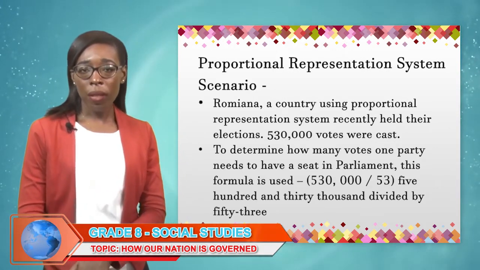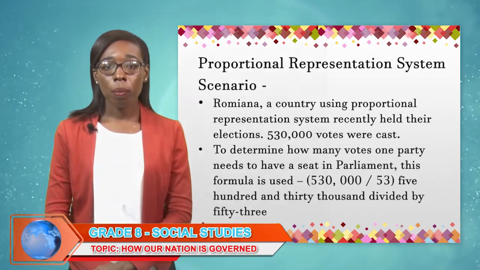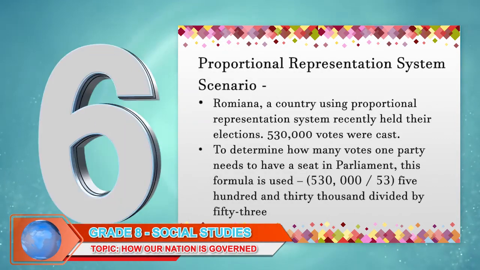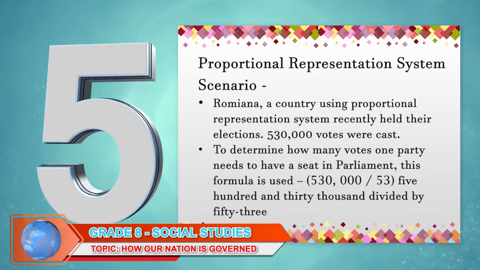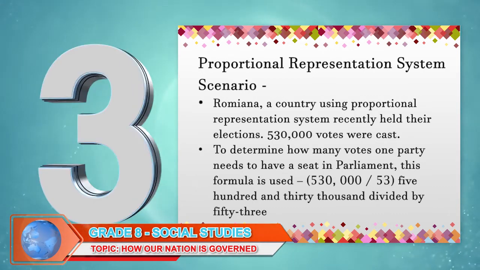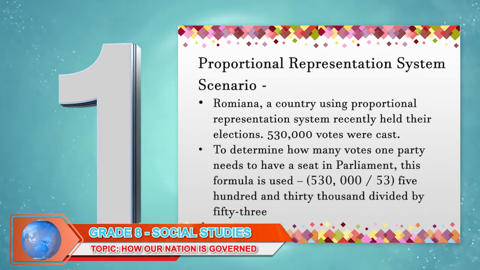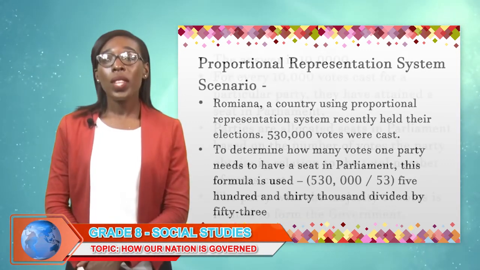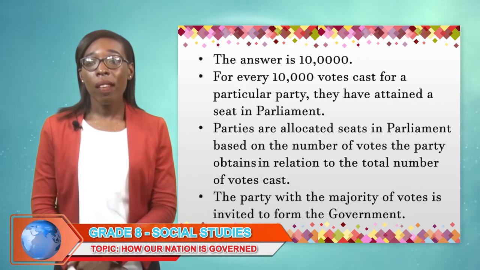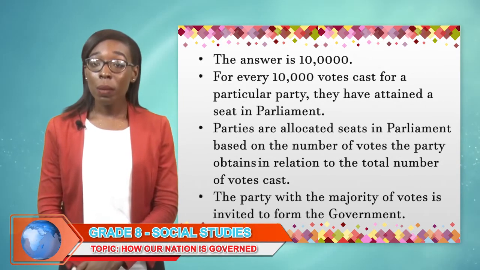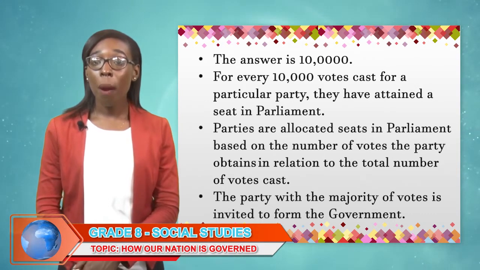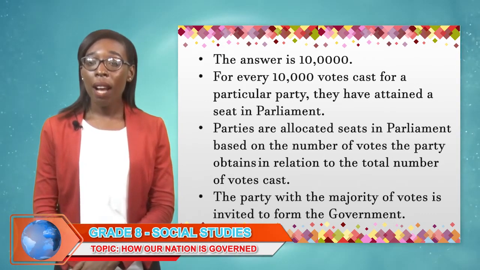Do the quick math and let's see what the answer is. The answer is 10,000. This means that for every 10,000 votes cast for a particular party, they have attained a